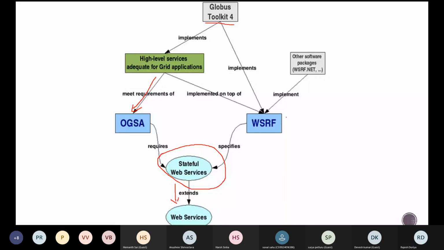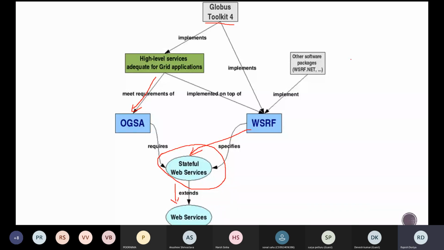Apart from that, as mentioned, this is required because it specifies your stateful web services. So the moment we talk about this, that means it has already been taken care of. Apart from that, we do have other software packages which use the WSRF framework, where stateful web services are required, not only the Globus toolkit.